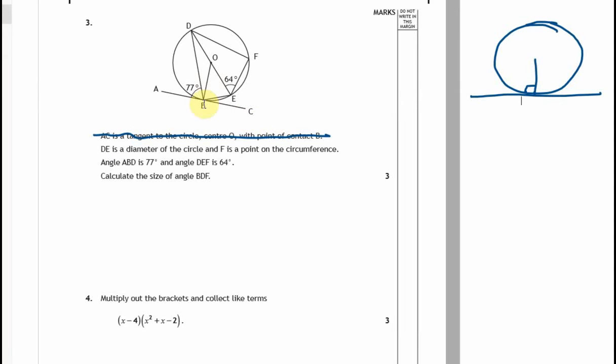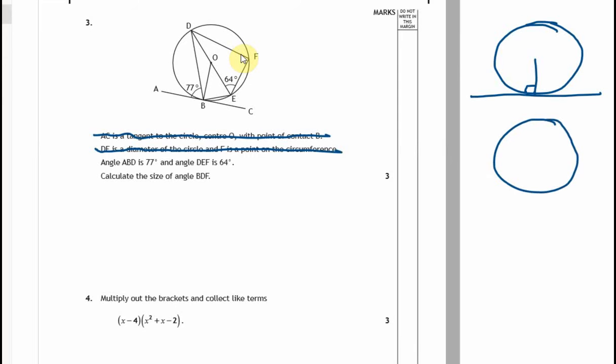Okay, DE is a diameter of the circle, and F is a point on the circumference. Now they've been very helpful there. They probably didn't have to say that, right? Because it's clear on the drawing that DE is in fact a diameter, and point F is on the circumference. They don't have to write that. But again, please read what they say because sometimes they are saying this for a reason. And here, I think it's to jog your memory that if you have a circle,